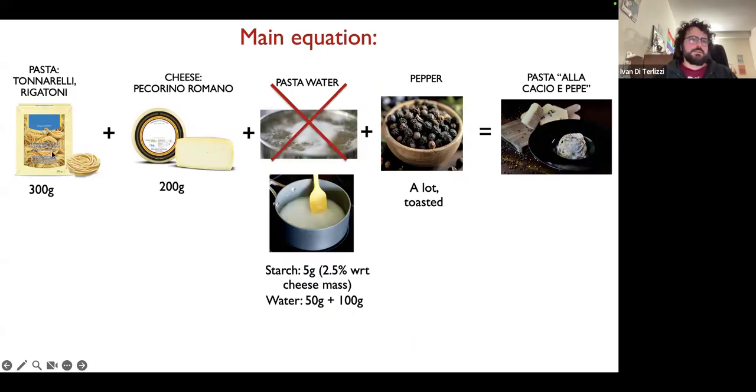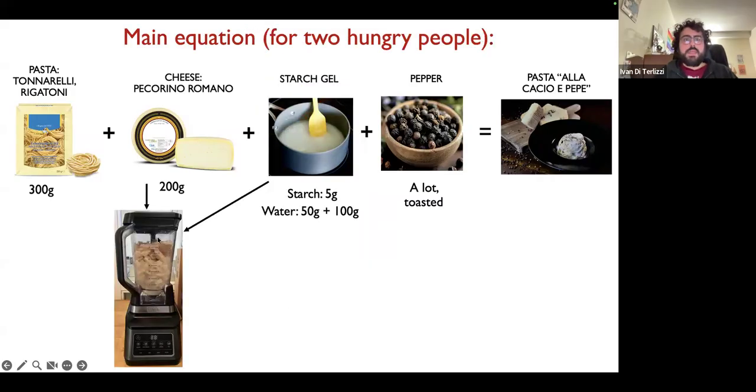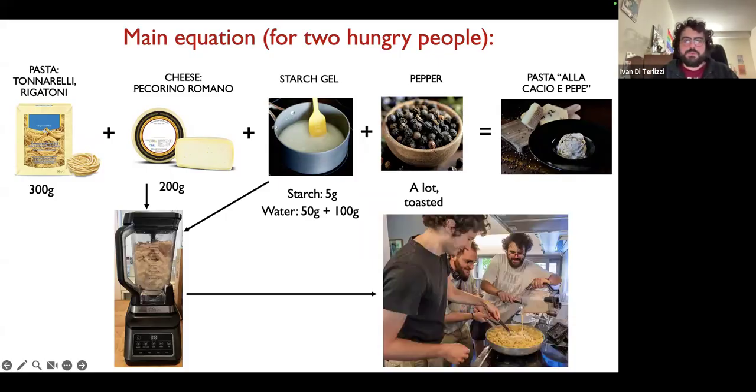In particular, you have 300 grams of pasta, 200 grams of cheese, then you put 5 grams of starch, you gelatinize it in 50 grams of water, you add 100 grams of water, and then you blend it with the cheese. So you pre-stabilize the sauce in such a way that the network that is formed here really keeps the protein and the fat droplets in place,